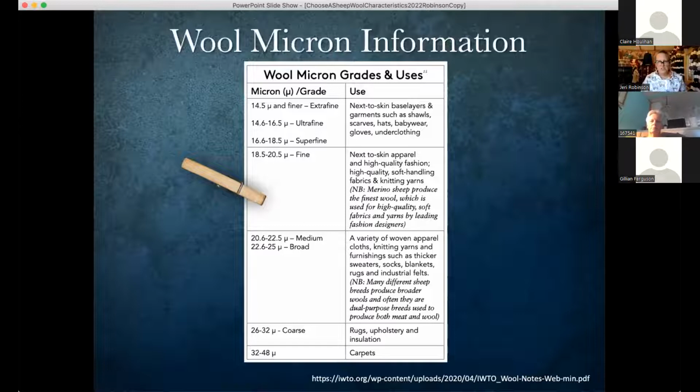The first thing you have to be aware of when you're deciding what kind of sheep to bring to your farm, or even if you are just buying wool, is what you want it for. There's something called a micron count, and a micron count is a measurement of the individual